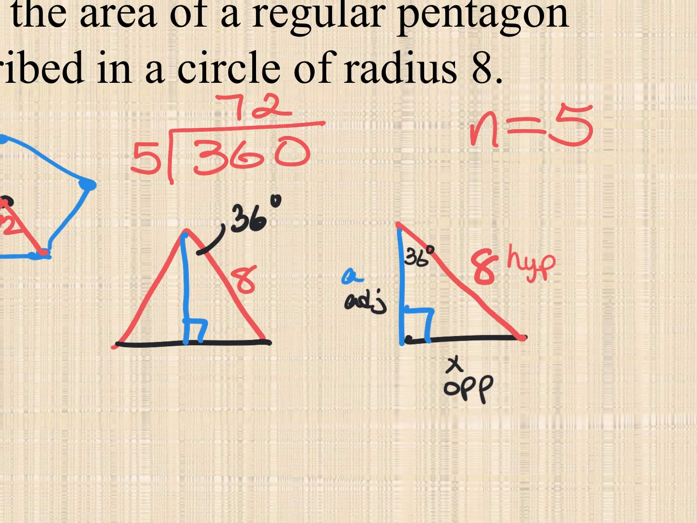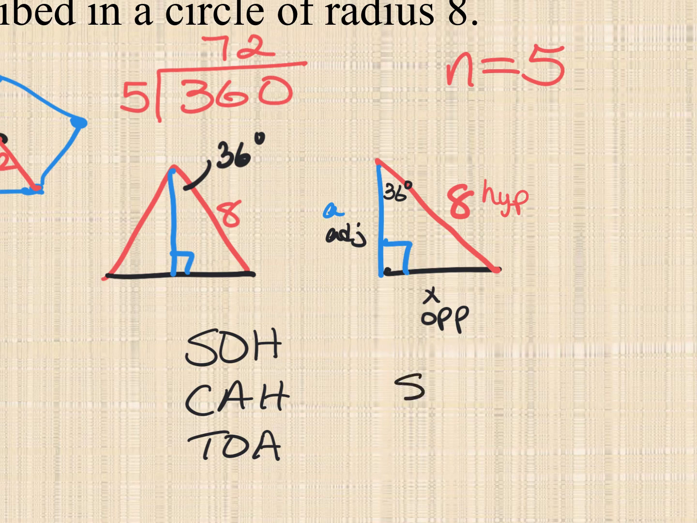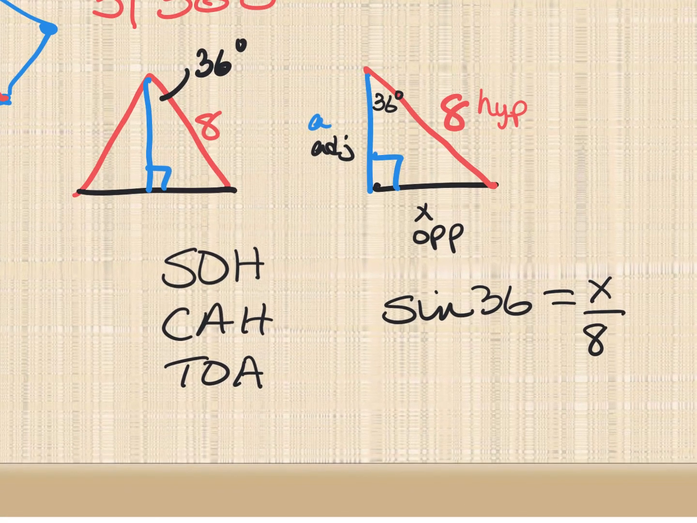So to find the side opposite, I'm doing the SOH CAH TOA. So notice to find the side opposite to the 36, which is half of the side, I'm going to be using SOH, because it's opposite and hypotenuse. So sine of 36 is equal to opposite over hypotenuse. I'm going to solve by multiplying both sides by 8. And 8 times the sine of 36